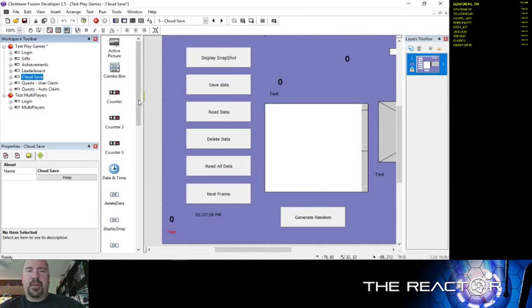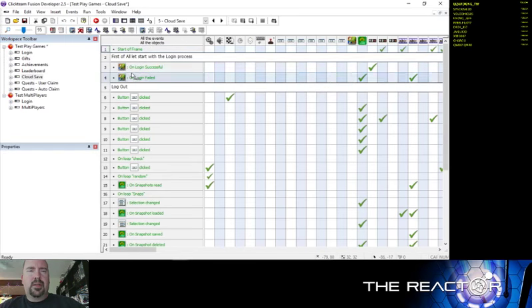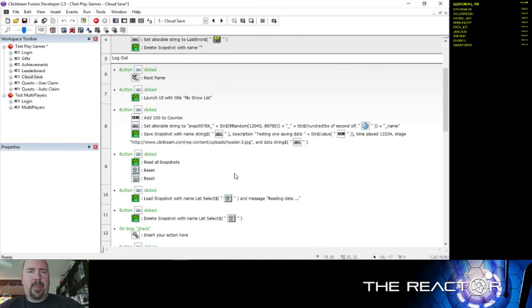Cloud save, that's pretty cool. Log in again, and then if we look at the events for cloud saving, we can save a snapshot. I wonder what snapshot is. Let's find out. Let's click the objects,